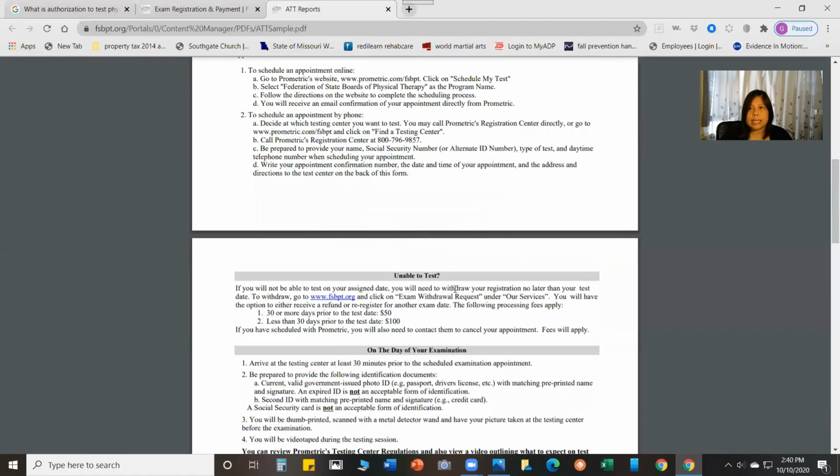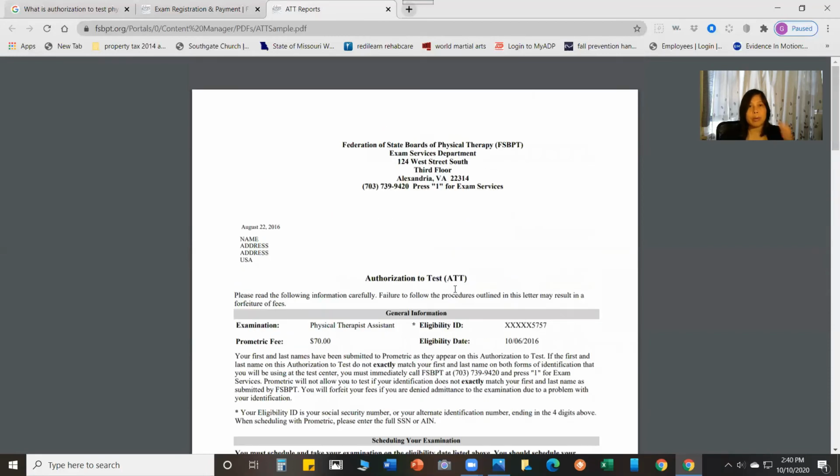Okay, you can print this out, and you have to remember, guys, this document, the authorization to test, is the one you need to show in your interview in the U.S. Embassy, for your interview in the U.S. Embassy. So as I said in my previous video, you have to secure, once you know that you completed all